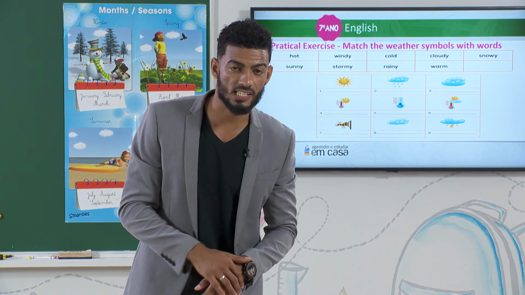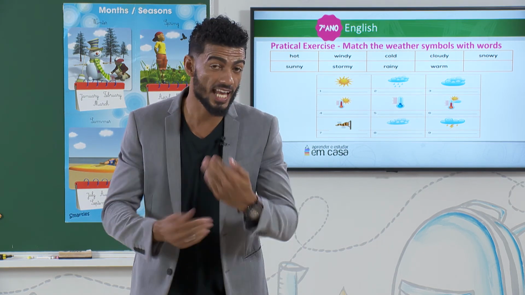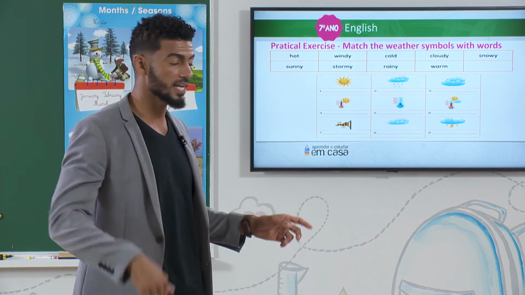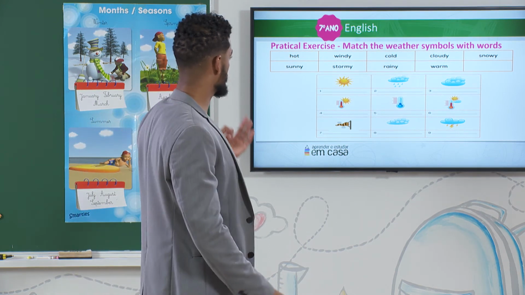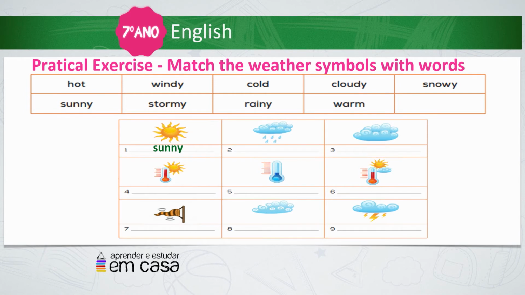Have you done your exercise? All correct? Okay, let's see. So let's go and correct it together. The first we have, number one, sunny. Number 2, snowy. Number 3,